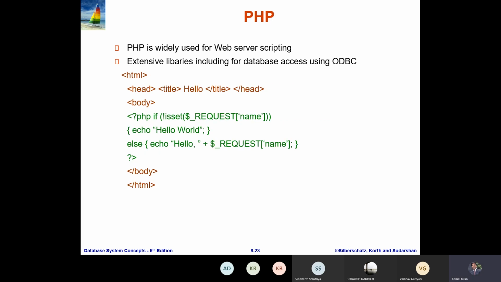This is one example of PHP code. PHP is called PHP: Hypertext Preprocessor, which is a web server scripting language. You can see here we use PHP, if this code, then echo.